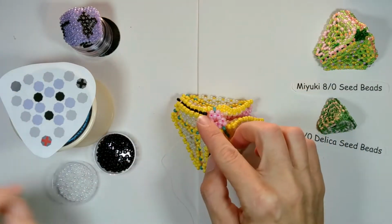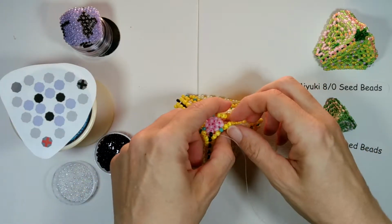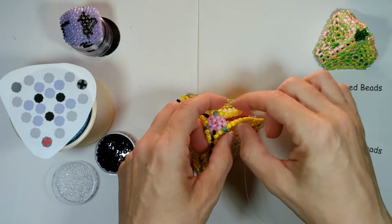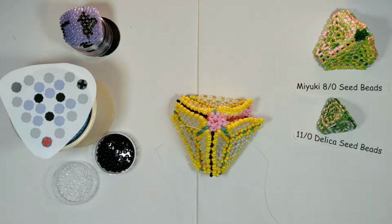And then this bead here is this one, and then this one with the X is our missing bead over here because we haven't started this one yet. So this one we will actually add as we do the support here. So that's where we are now. The first step